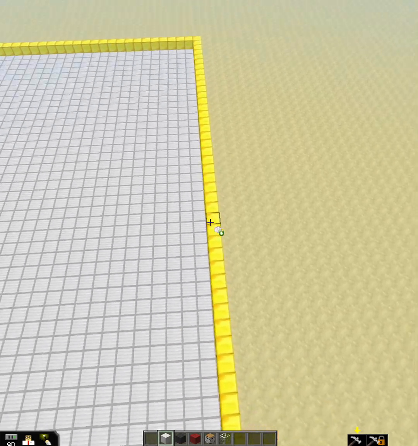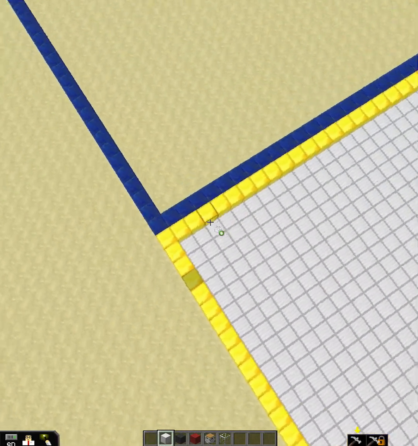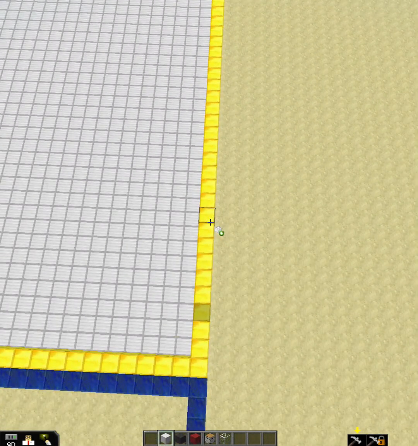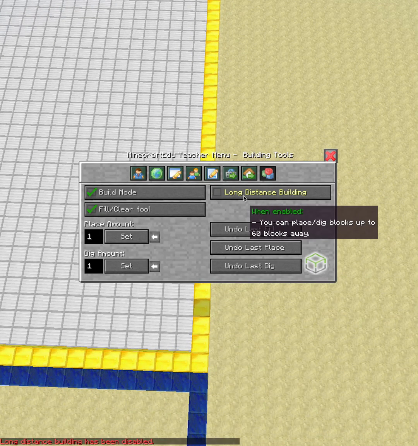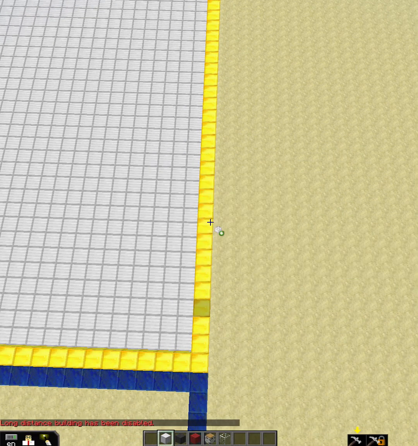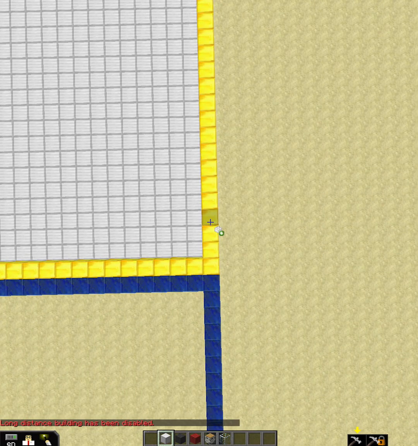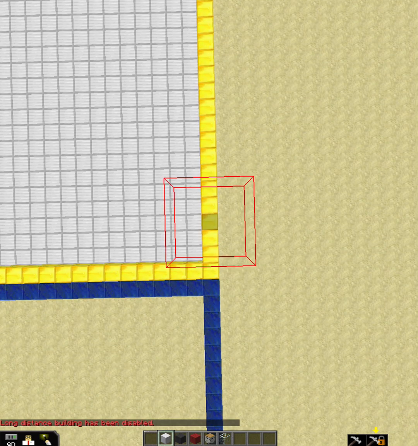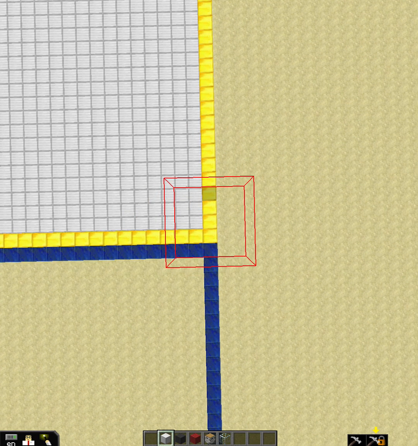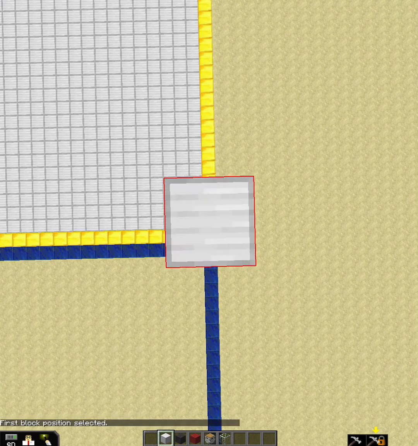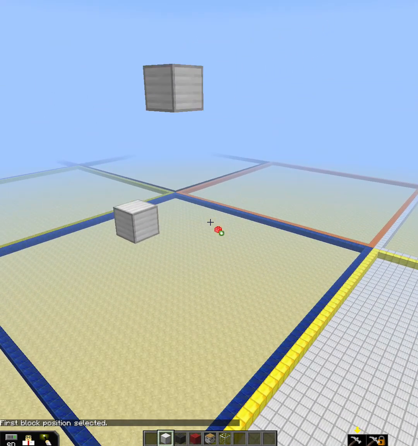Another thing you can do with the Fill Clear tool is you can build walls. And the way I like to build walls, let me turn off long distance building here, is when you turn off long distance building and you're in build mode, you have the ability to place blocks in the air by just clicking control. So I click control, and we'll just go right about here. I'm going to place my first block with right click, hit control to get out,